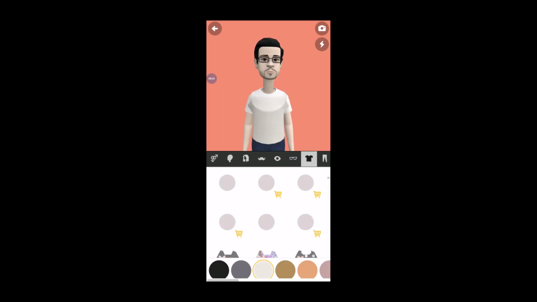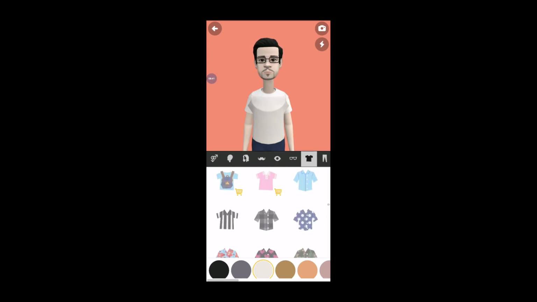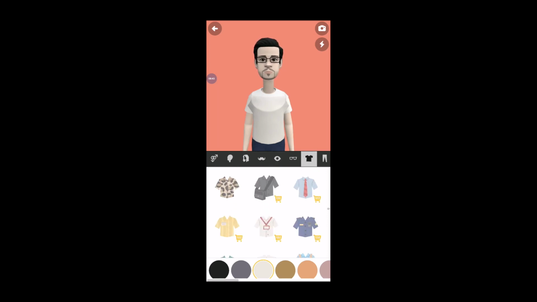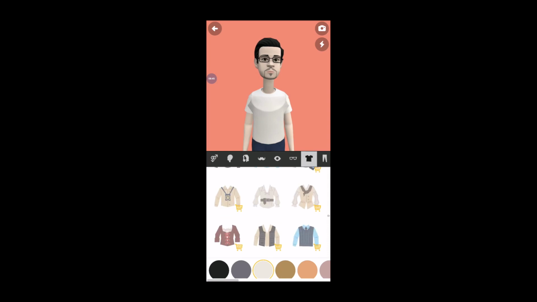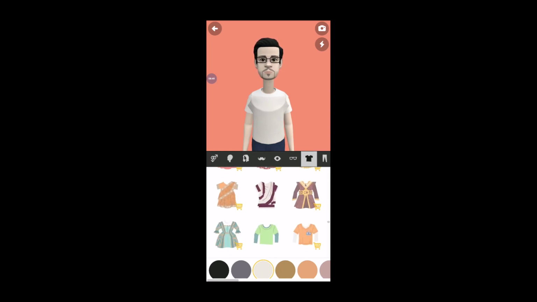So most of the items we have to download. No need to pay any money. We can download by just clicking that image. So I had created one character. Whatever it may be, we can change the color. Look at the bottom. We can change the color. So also we can change more.